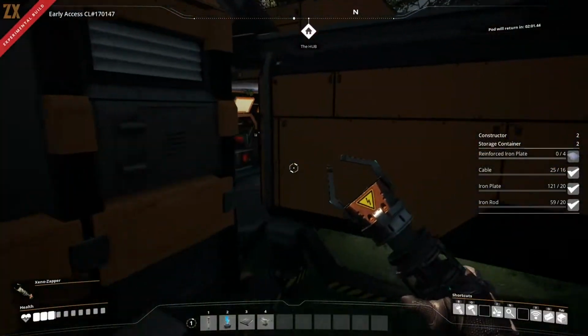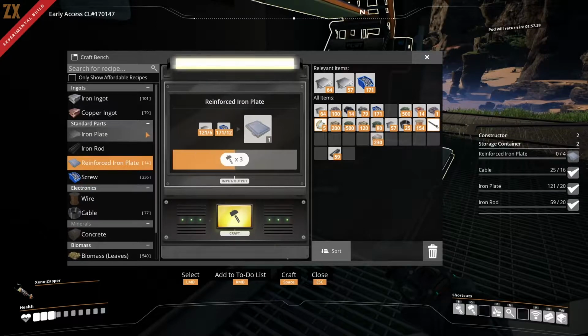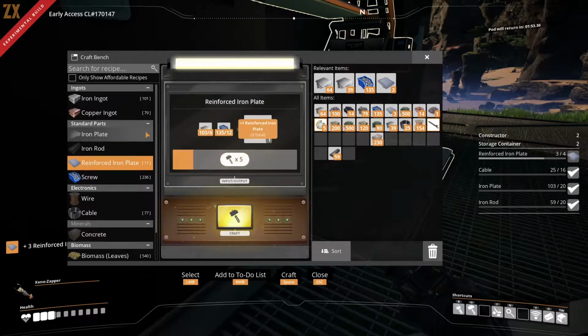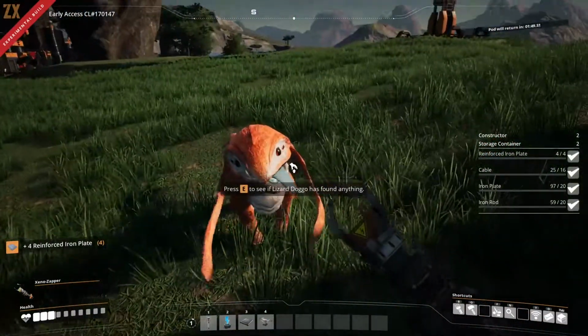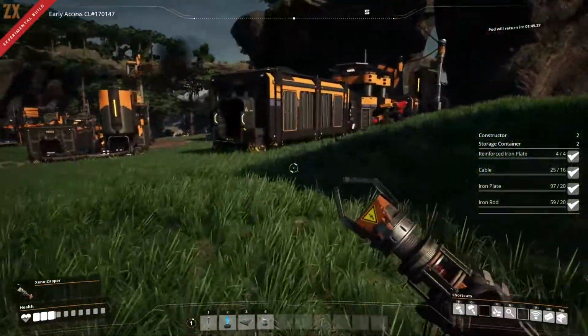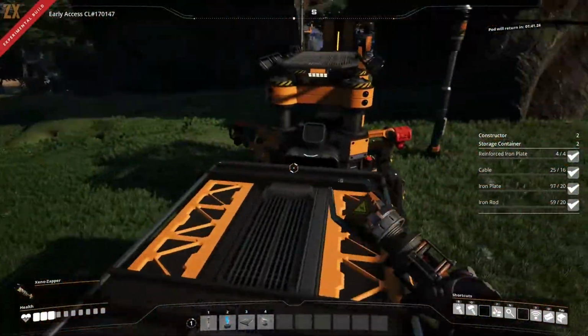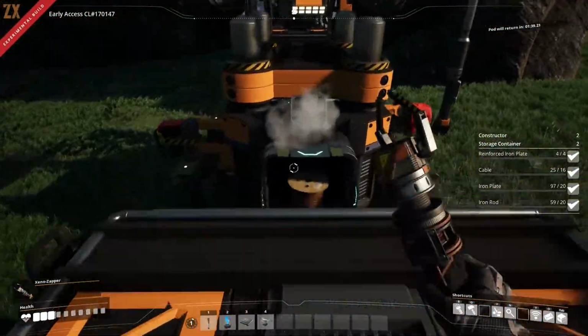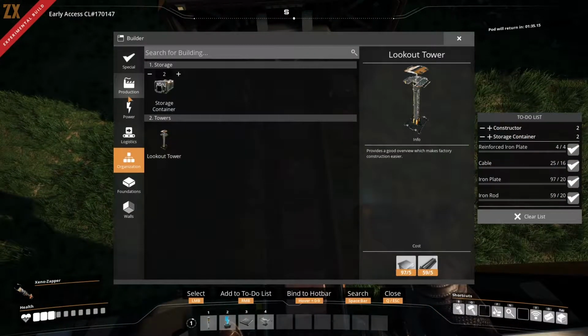I got to manually craft these things. But I don't have to do the screws anymore. I just have to do the reinforced plates. And I'll tell you this, reinforced plates are a completely different monster to try to automate. I'll tell you that. So at the moment, this copper line, right? It's one copper line. But we are gonna do something here where we take...